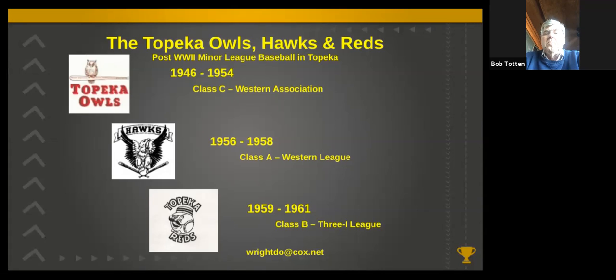It's heartbreaking to me to think what might have been in 1962, because the Topeka Reds probably would have had a first baseman named Tony Perez, who is in the Baseball Hall of Fame, a second baseman named Pete Rose, who probably should be in the Hall of Fame, and an outfielder named Lee May, who is in the Cincinnati Reds Hall of Fame, all of whom would soon become major parts of what would be known as the Big Red Machine, one of the best teams in baseball in the 60s and 70s.